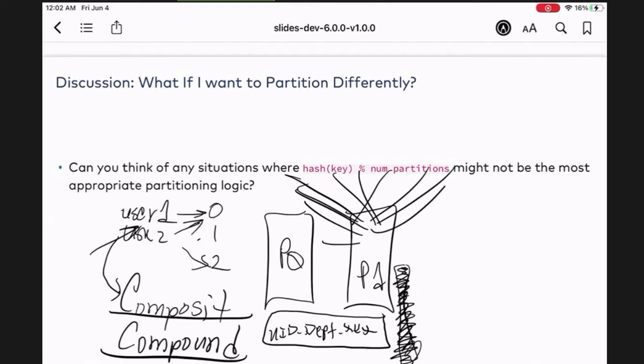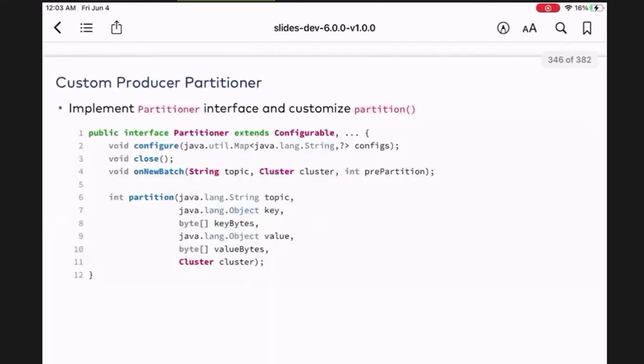So when you design your key, when you choose your key, you want to make sure you have a really good choice of the key. Use a compound or composite key so that you can get a good hash distribution. And I think Gang and Shirley, both of you, your hints are pretty much towards this. So choose a really good key. Now, the other thing you could do is say, well,